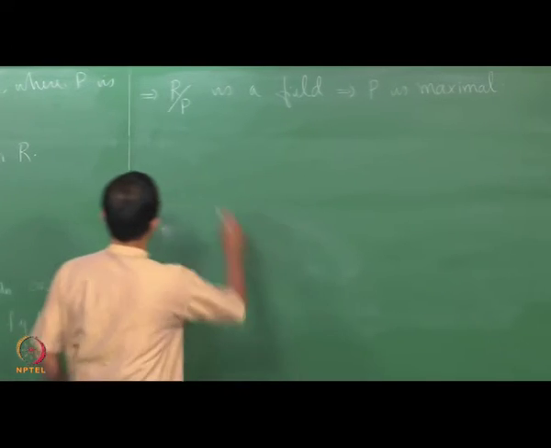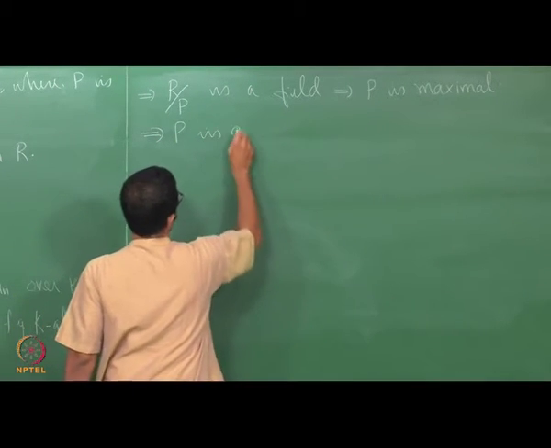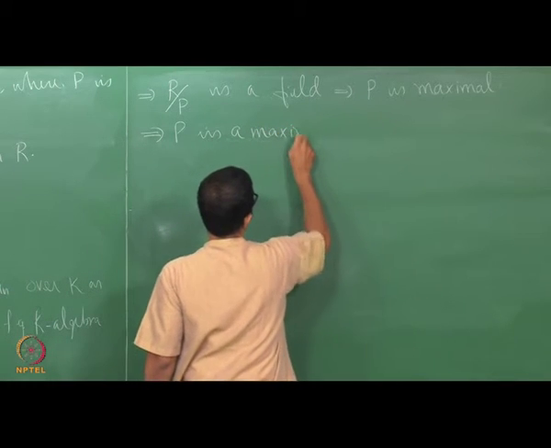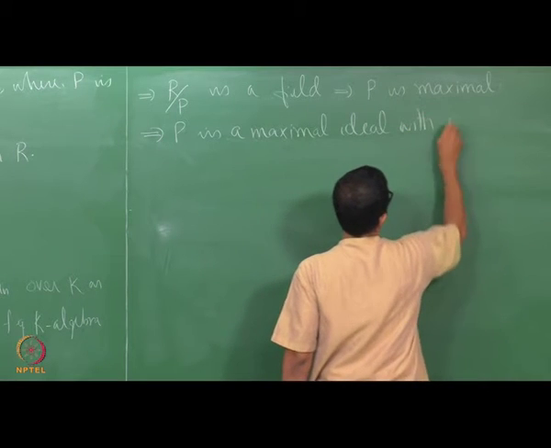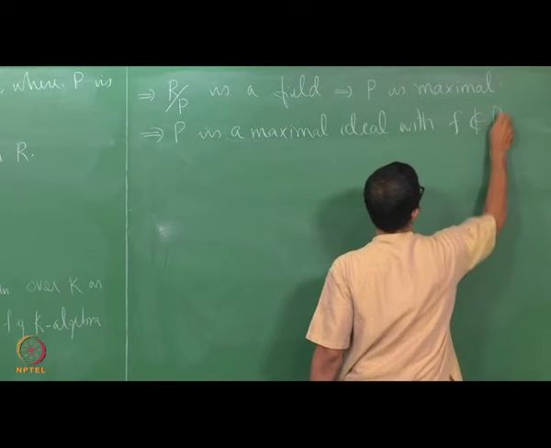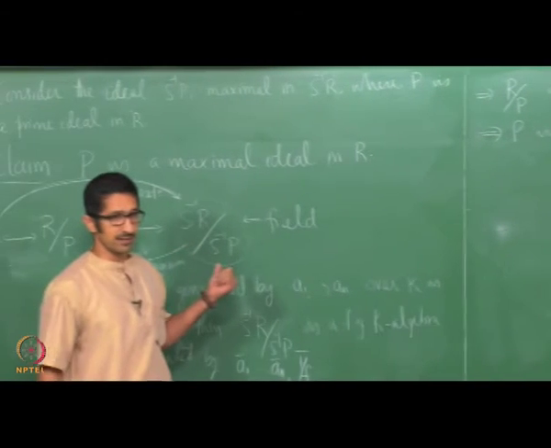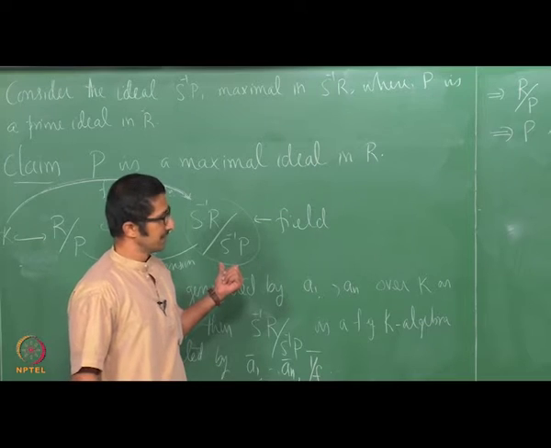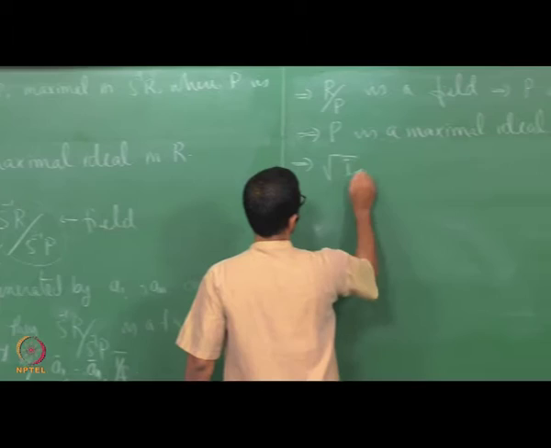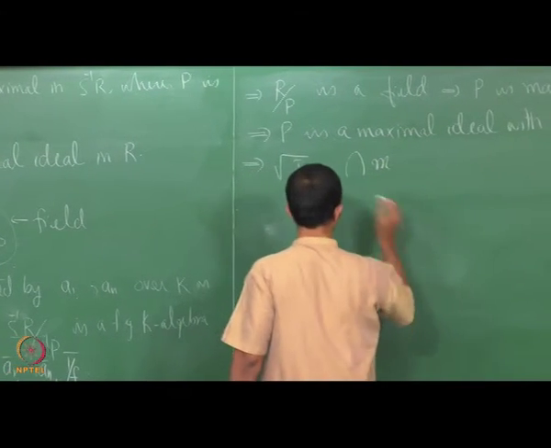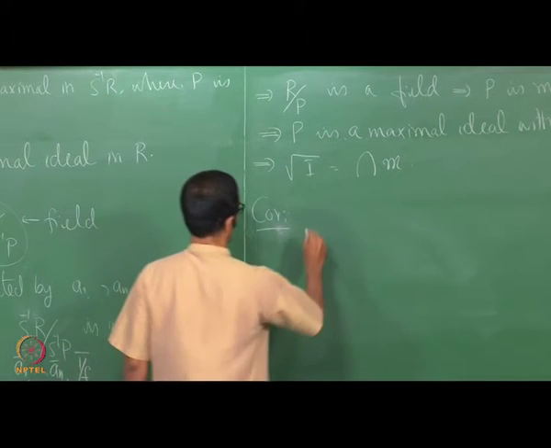and that implies P is a maximal ideal with F not in P, because S inverse P is a maximal ideal, so F cannot be in P. So that proves that radical I is the intersection of maximal ideals. Another corollary is